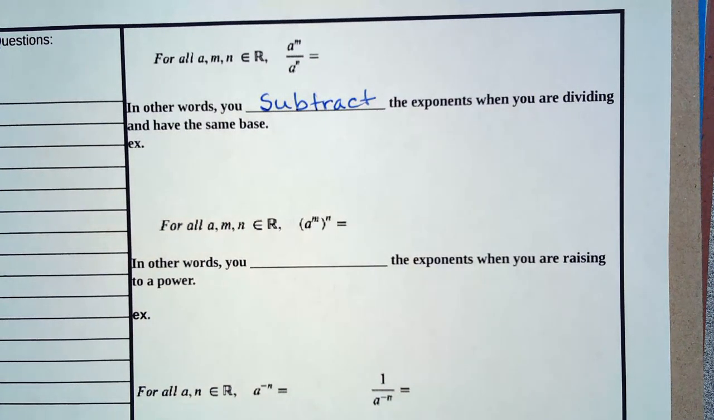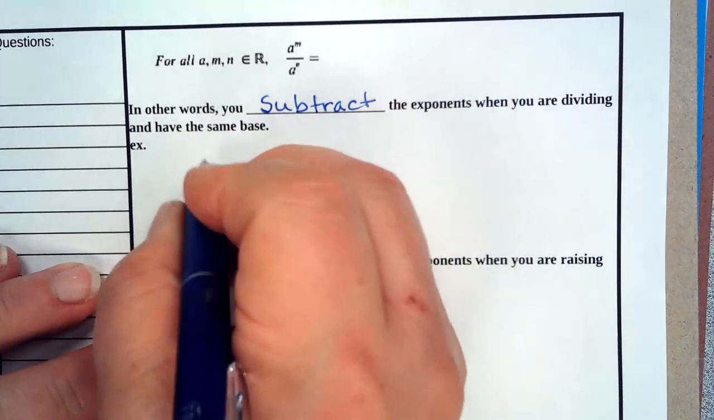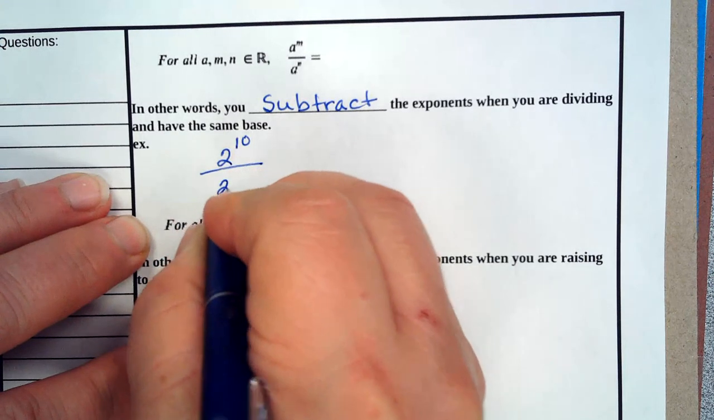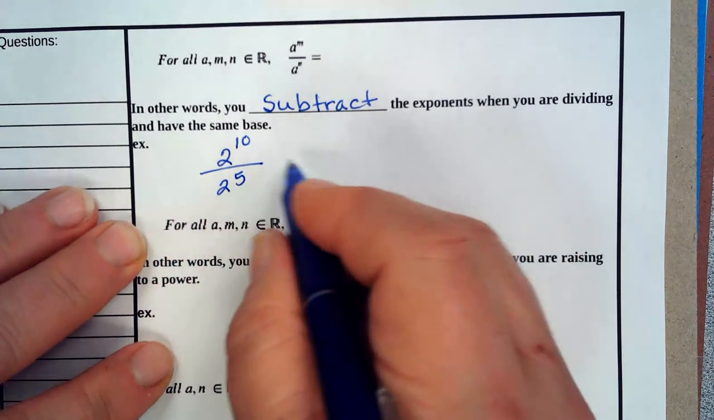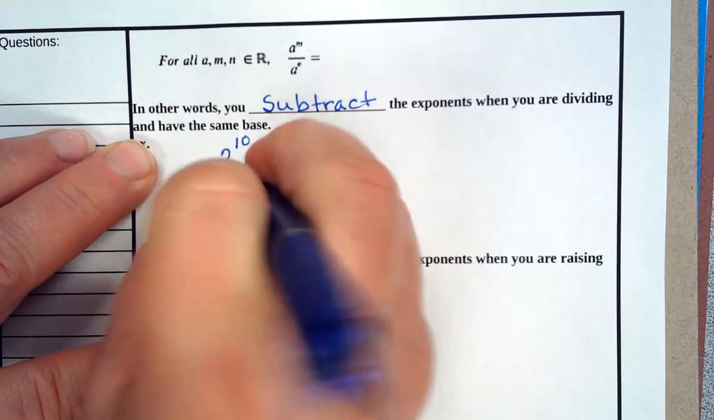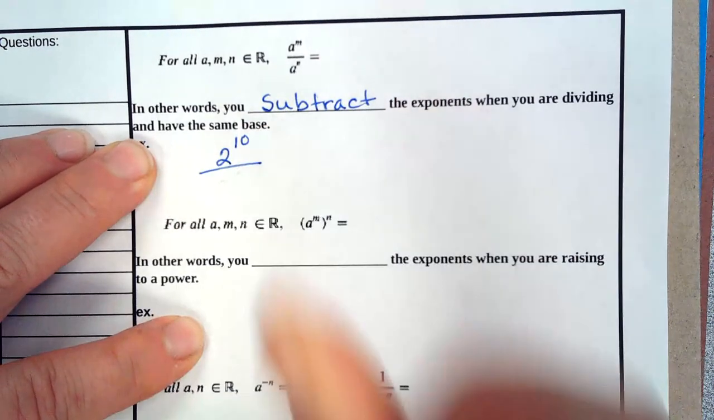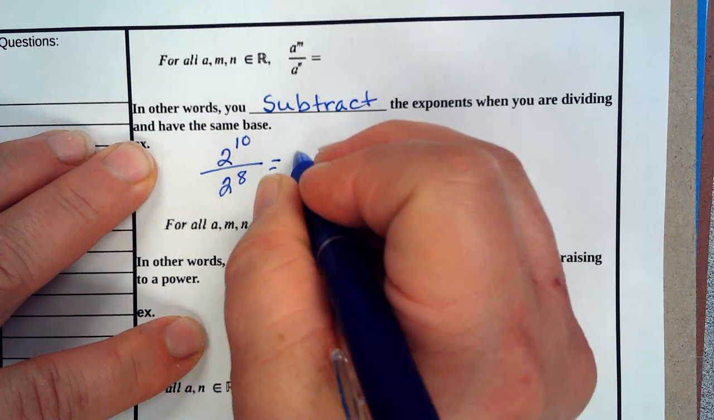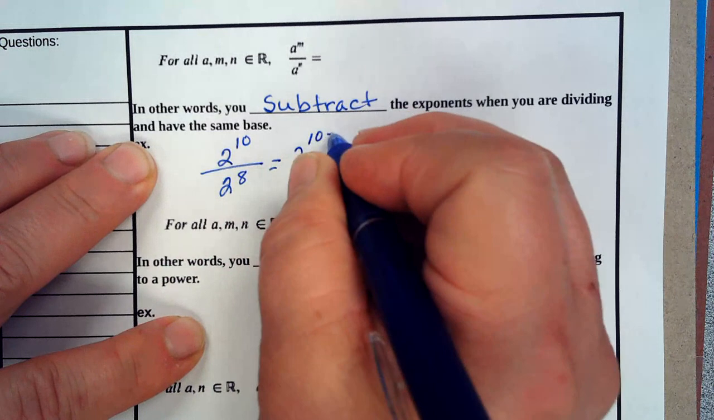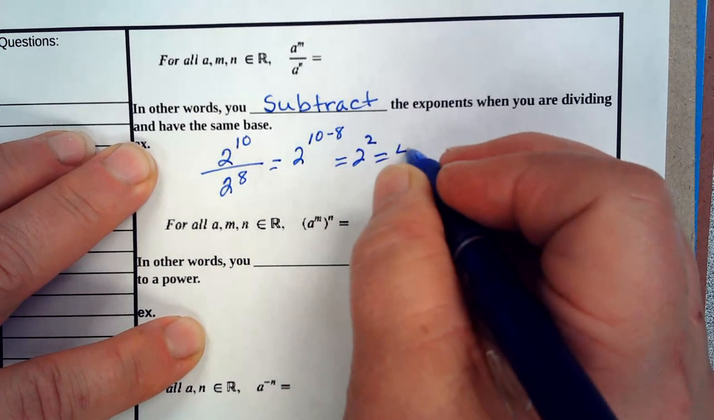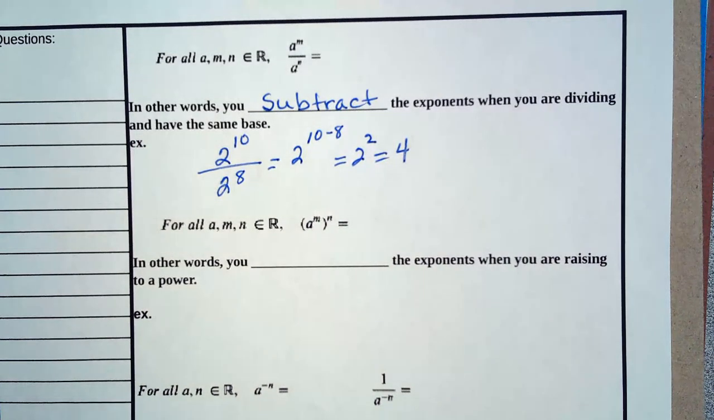Okay, so let's look at 2 to the 10th power over 2 to the 5th power. Let's make that 8th power. It'll be a little easier when we get done. So this is 2 to the 10 minus 8, which is 2 squared, which is equal to 4. If you need the visual of what we've done,